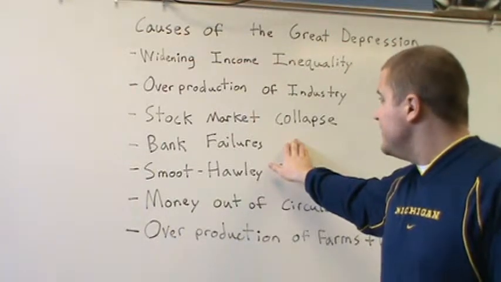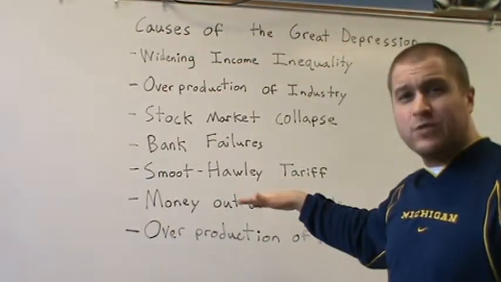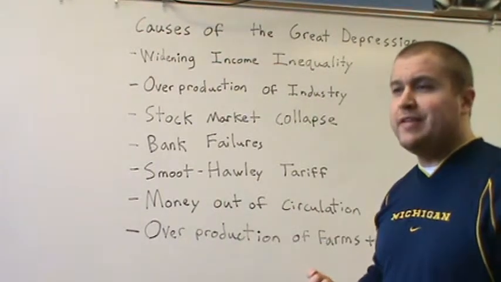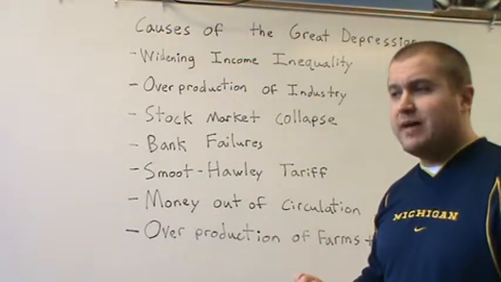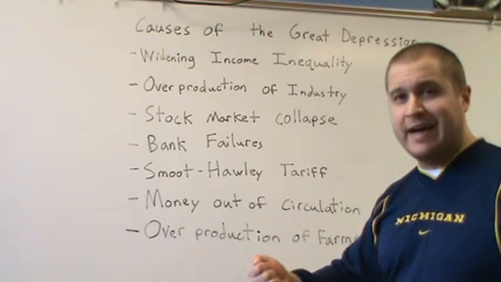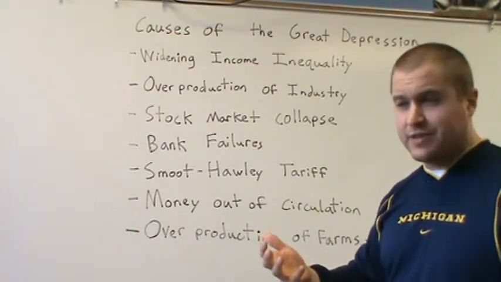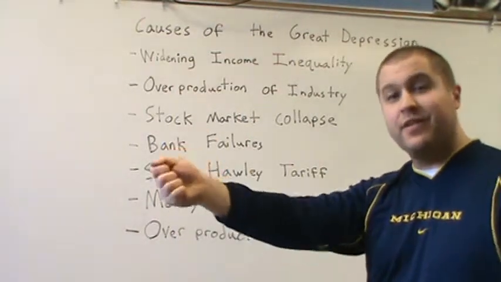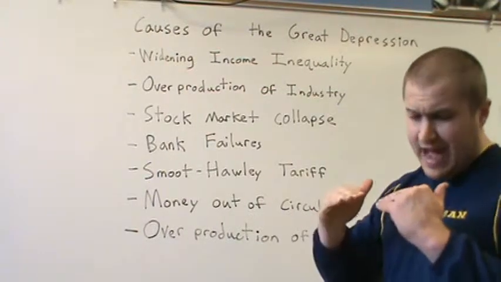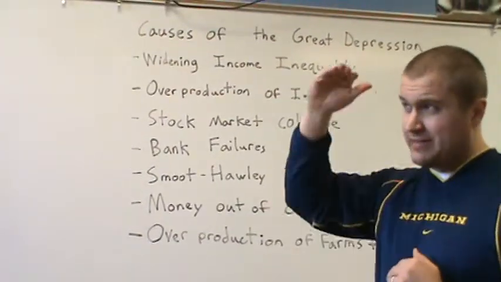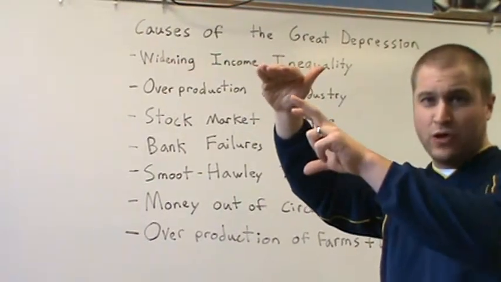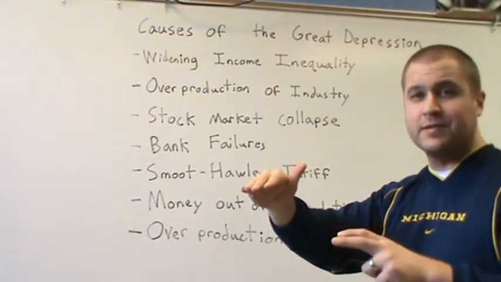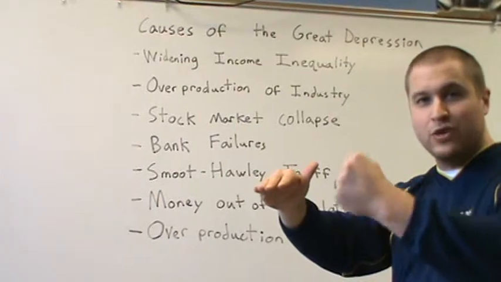But the stock market collapses, and one of the main problems this causes is that some people were buying on margin, meaning you didn't have the full money when you bought the stock. You could buy stocks on margin with as little as 10% down. So if you're buying $10,000 worth of stock, you could pay $1,000 of your own money and borrow the other $9,000. If the stock you bought dropped in half, you bought $10,000 of stock and have a $9,000 loan because you bought on margin, paying only 10% down. Your stock falls in half, now it's only worth $5,000, but you still have a $9,000 loan to pay back.